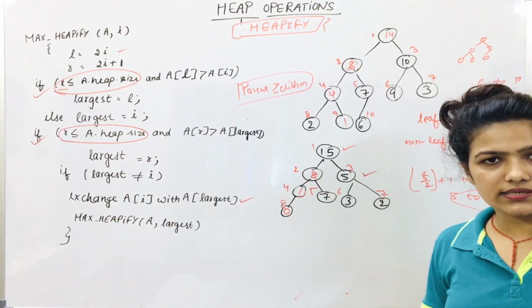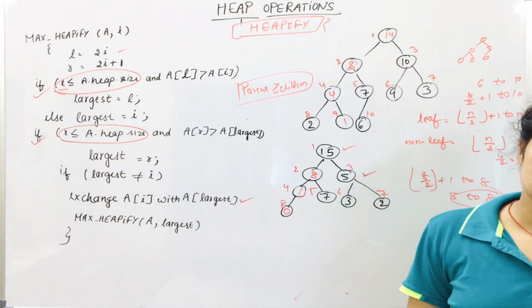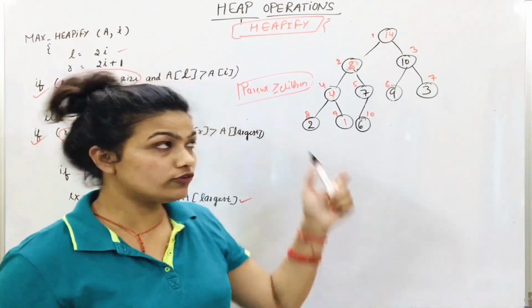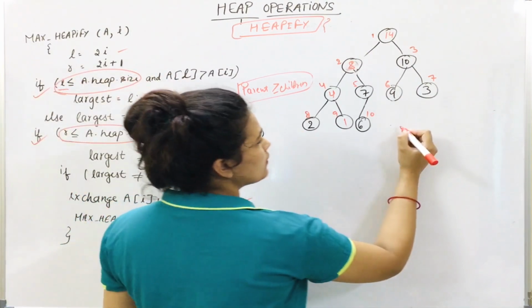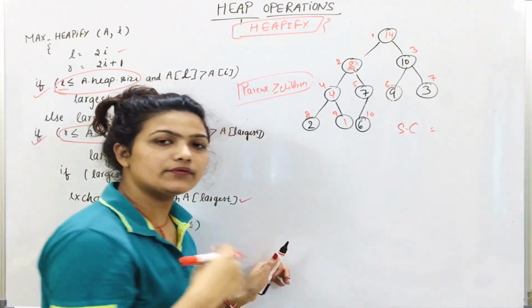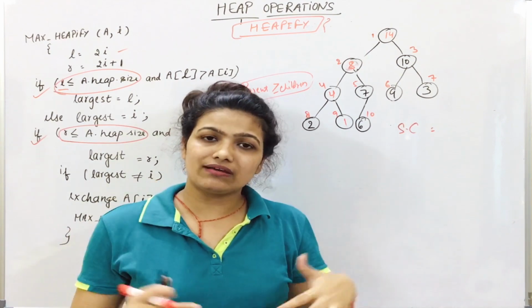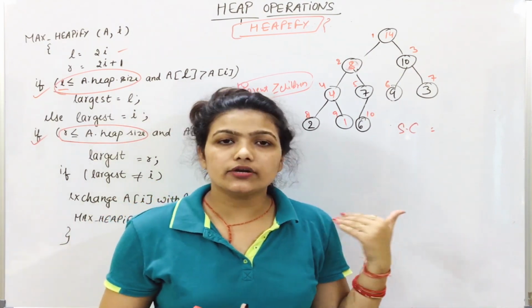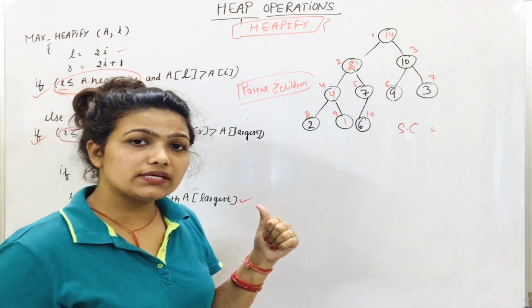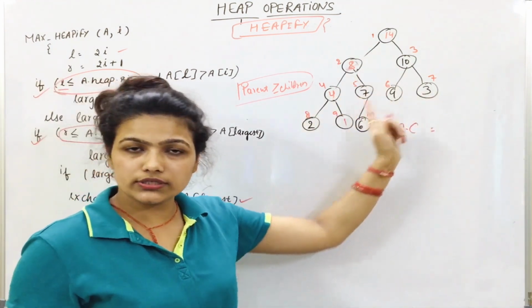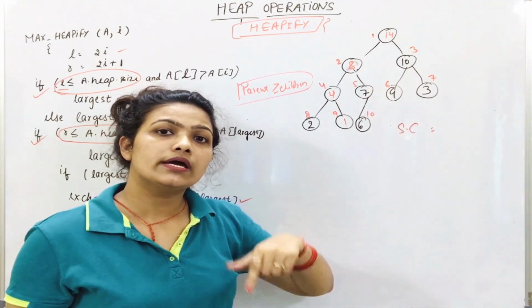Now we will see what the time complexity is and what the recurrence equation is. Now see the space complexity and time complexity of the heapify operation. First we talk about space complexity. I have discussed in my previous video what space complexity is: simply the number of levels in a recursion tree. And here we can clearly see heap is an almost complete binary tree, and the tree will grow equally in both directions. Means the tree will grow in log form.